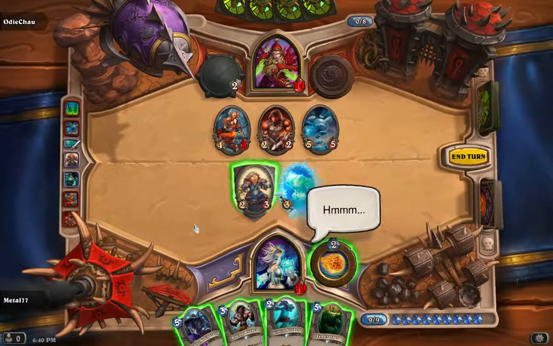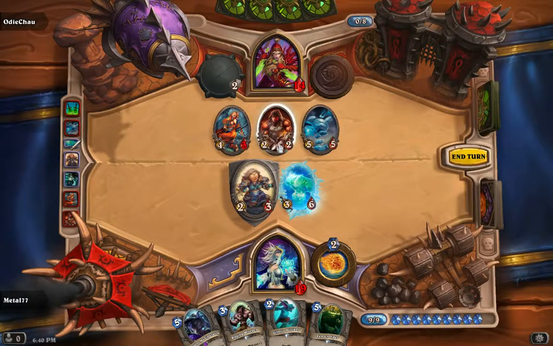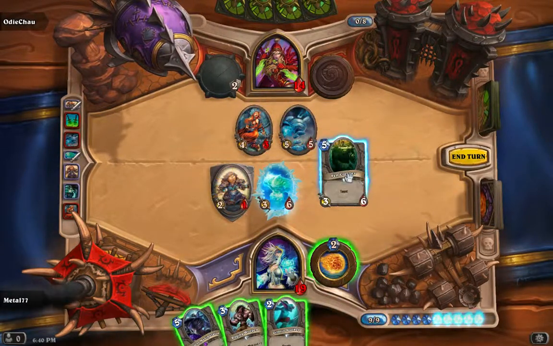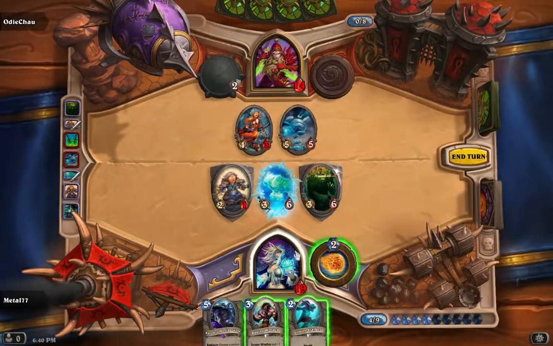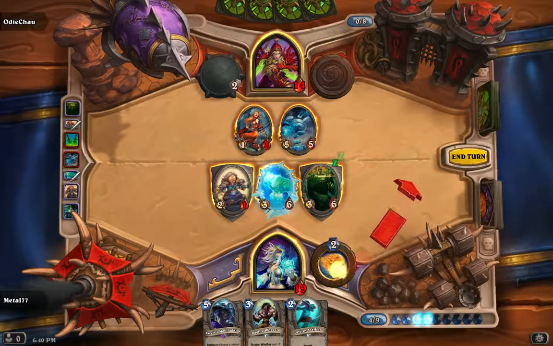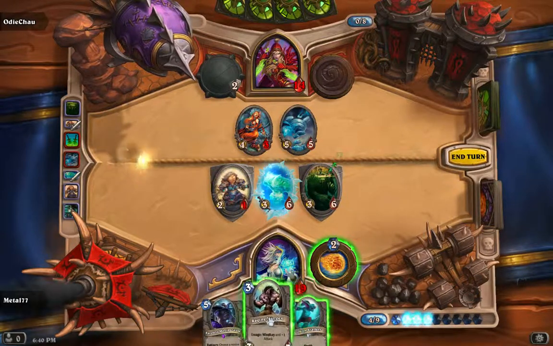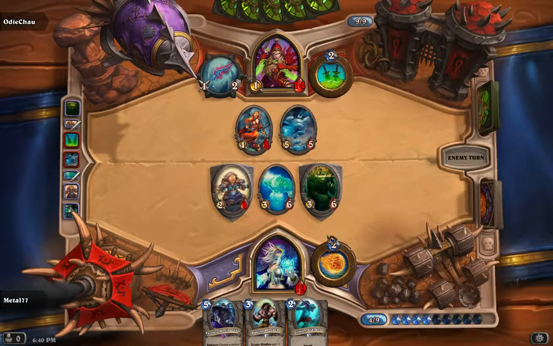So do I want to kill that Defias Ringleader right now? Because otherwise he can kill this with something else and not lose the creature. So I think it's worth it. And if I play the Raging Worgen, he can't quite get past that. Not Raging Worgen, Fen Creeper. I'm going to hold off on the Raging Worgen for now. Might be a dumb decision, but